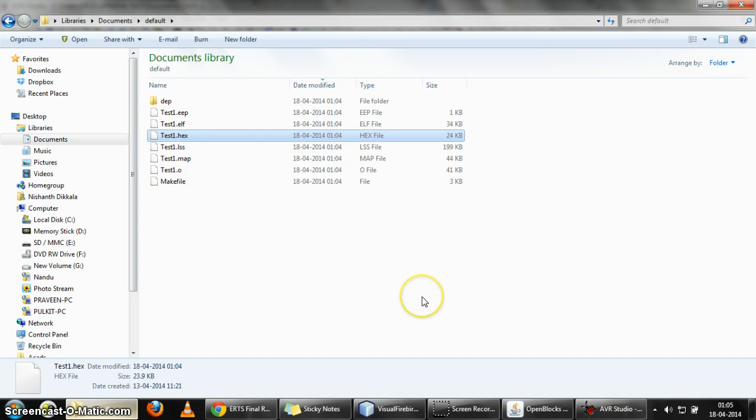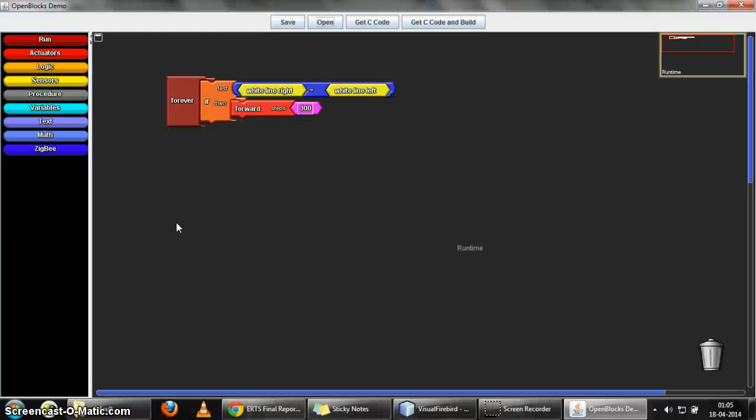of the bot. Now that we have seen how to make programs and build them using AVR and burn them onto the bot, let's come back to the visual programming interface and look at some of its features. So if you look at the left hand side, you will see that among the different categories there is one category called actuators,